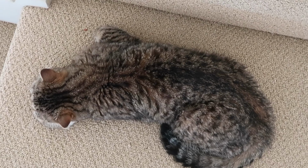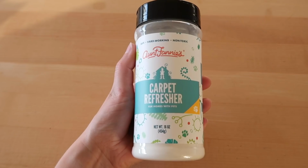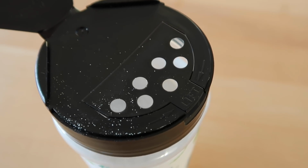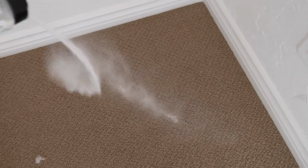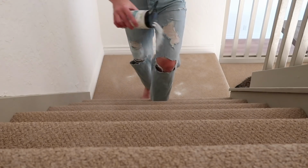I am always vacuuming around the house, especially because I have cats. Carpet and cats is not always the best combination. So one thing I really love to use is the carpet refresher from Aunt Fanny's. It's for homes with pets, and it's something that makes my home smell amazing. I sprinkle this down before I vacuum, wait about 10-15 minutes, and then vacuum it back up, and this will